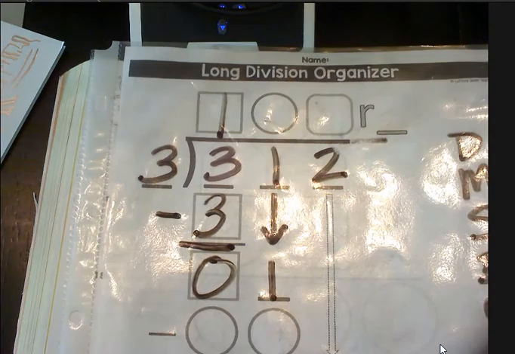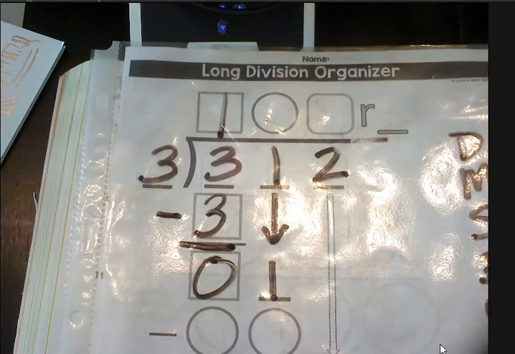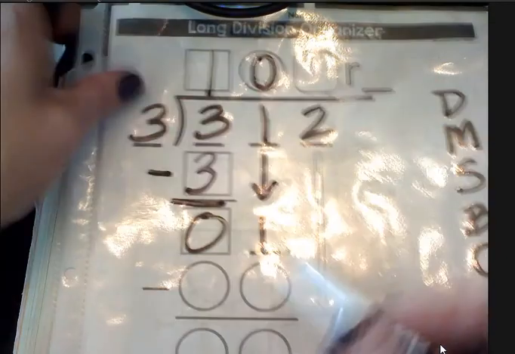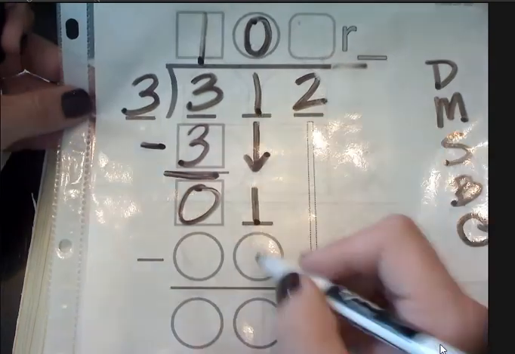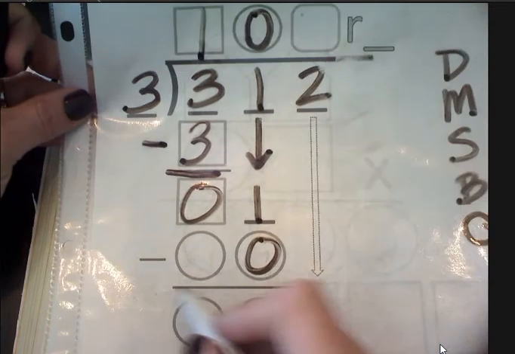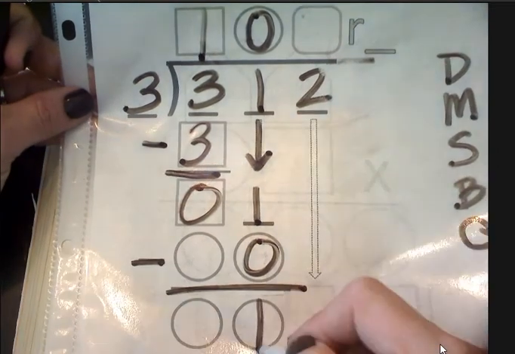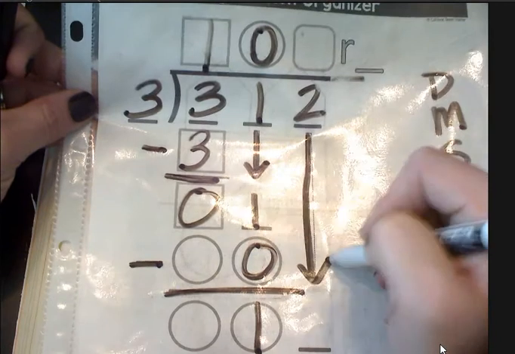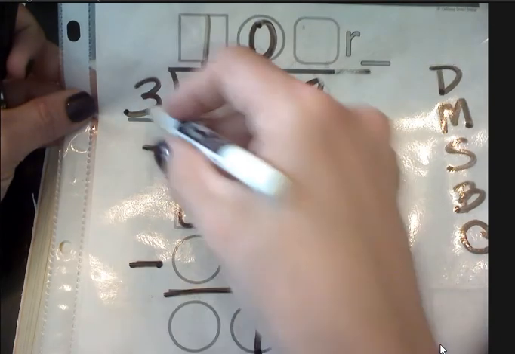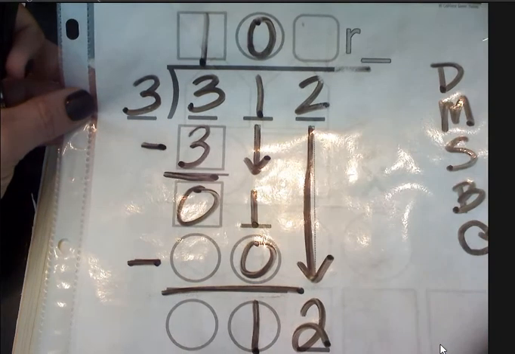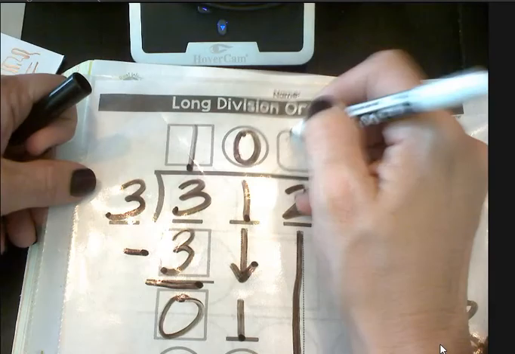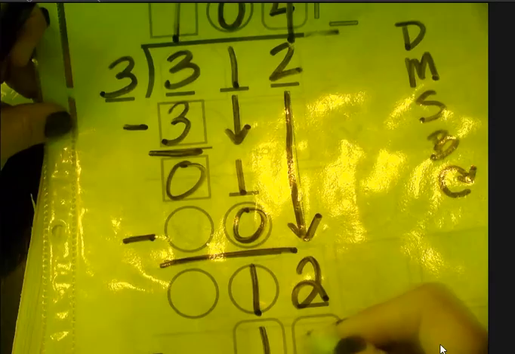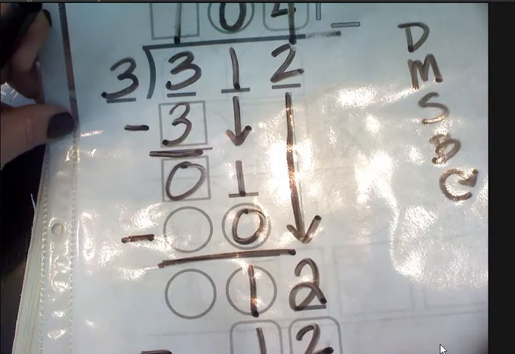Uh-oh, can 3 fit into 1? Nope. So we're going to have to put a 0 up here and multiply that out. 0 times 3 is, well, anything times 0 is 0. Subtract. 1 minus 0 is 1. And now I bring down my 2. Now I have 3 into 12, or 12 divided by 3. That answer is 4. 4 times 3 is 12. 12 minus 12 is 0. There's nothing left to bring down, so that is my answer,